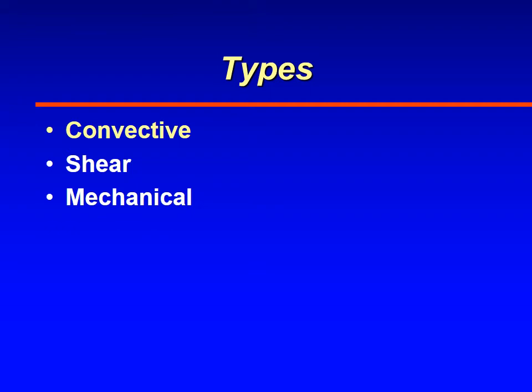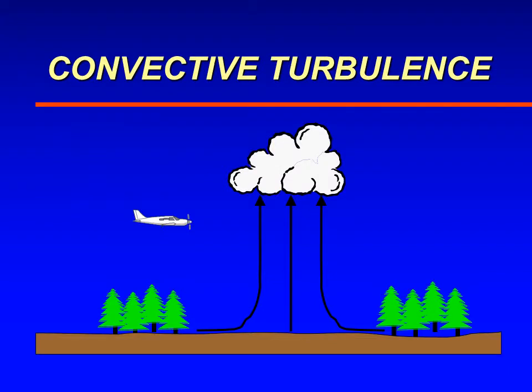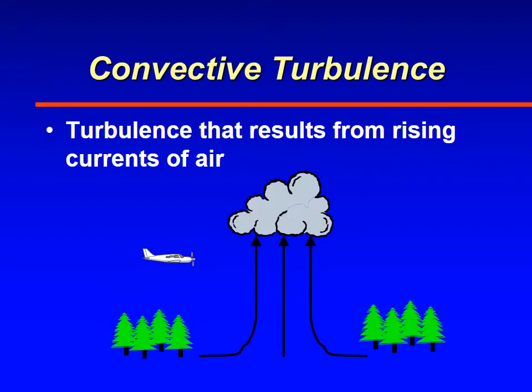Hi, we're about to start our discussion of different types of turbulence. And the first one we're going to do is convective turbulence. So this begins our discussion on convective turbulence. And generally speaking, convective turbulence can be thought of as turbulence that's a result from rising currents of air in